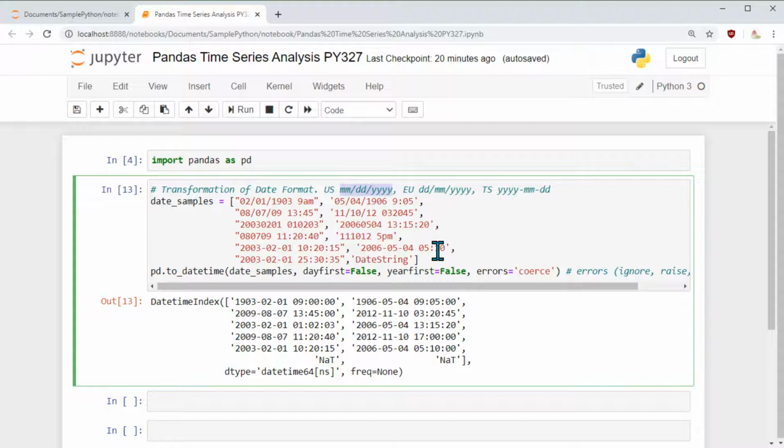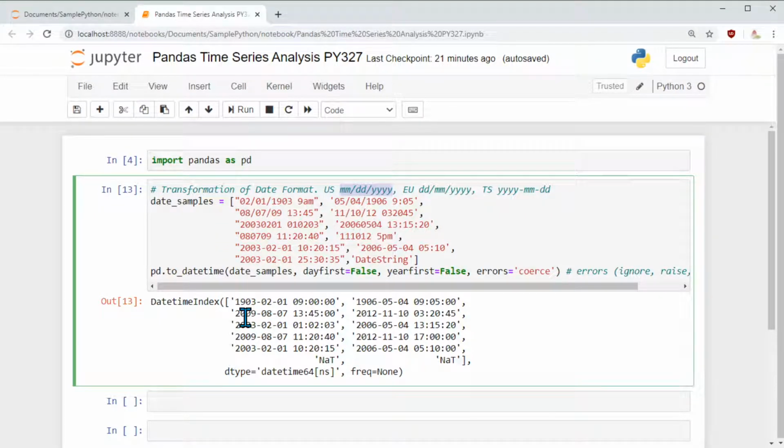So we have sample dates in an array. I pass that as a parameter to the to_datetime method in pandas, and that takes the array as input with the arguments dayfirst False and yearfirst False. Based on this it assumes US format.